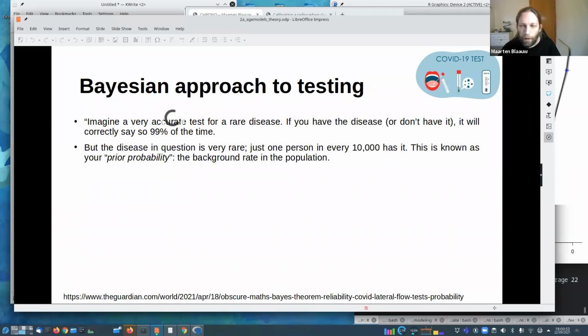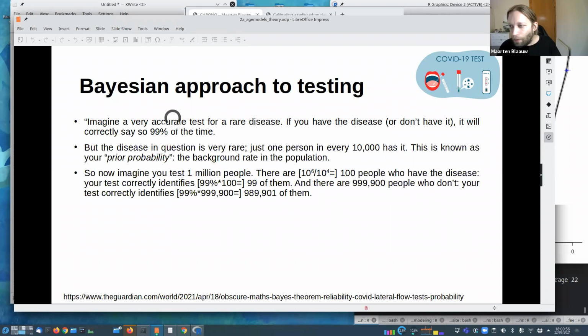Now imagine that you use that very accurate test to test 1 million people. Of the 1 million, 1 in 10,000, which is 100 people, will have the disease. Even without us knowing or testing for it, we know that's how many people will have the disease. The test correctly identifies 99% of those 100, so 99 of them. And then there's all the rest of the people who don't have the disease, and your test correctly identifies 99% of them again, so